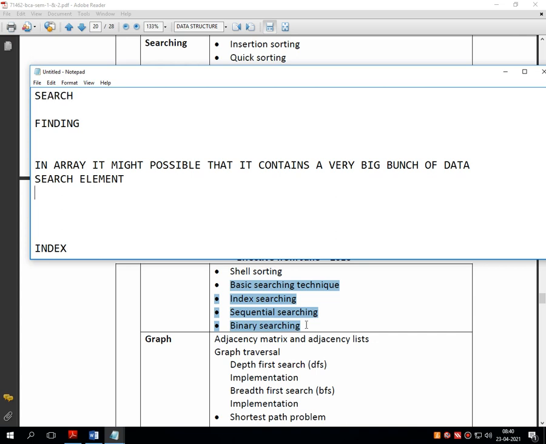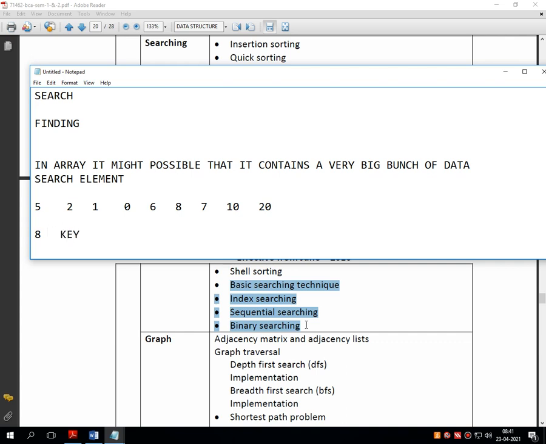Say for example, suppose we have numbers like this, and from this entire list suppose we wish to find one of the numbers.